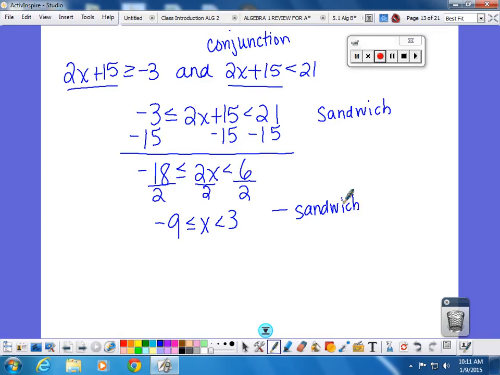Now to me, that's really easy to graph because what that's saying is that all my solutions are between what two numbers? -9 and +3. So if I'm looking at my number line,